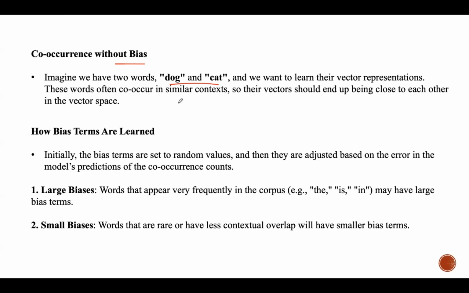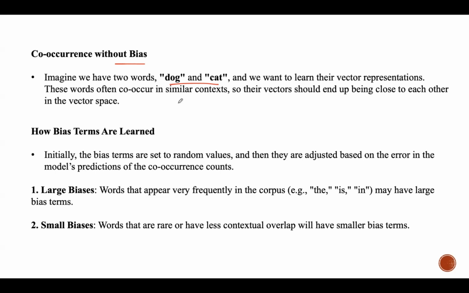And also, without bias, the model doesn't consider that some words appear more frequently in general. So their embedding might become too strong or less informative. This could be a problem when frequent words like stop words dominate, leading to less meaningful word vectors for less frequent terms. Also, without the bias correction, frequent words might not be effectively balanced.